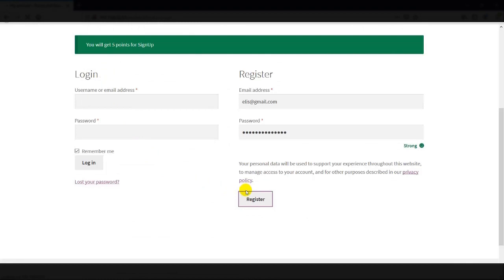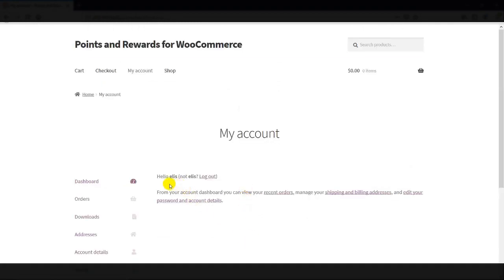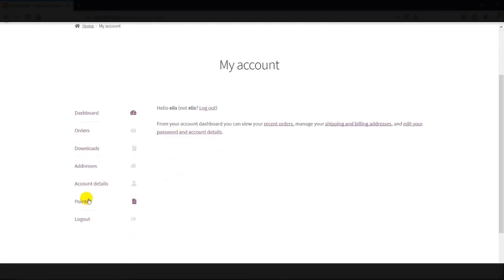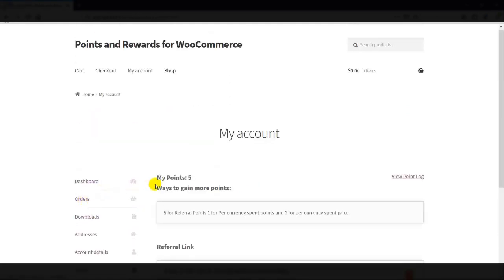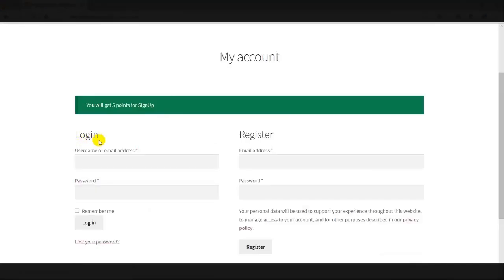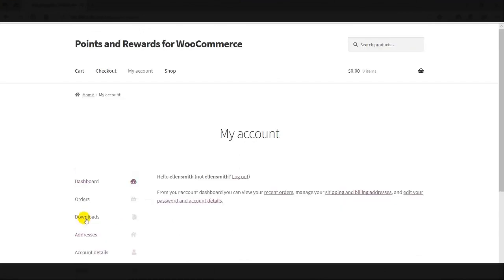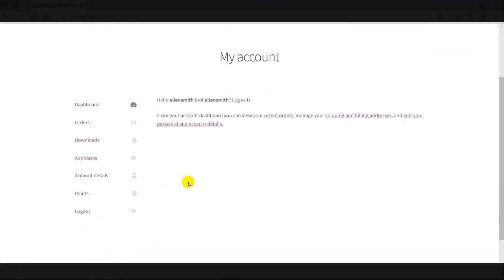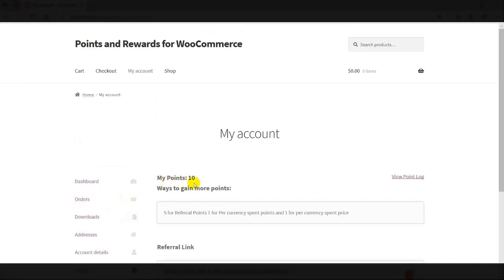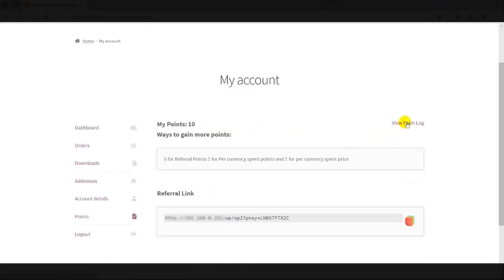So customer B has signed up and he's checking his points account. So this is the sign up reward that customer B has got on sign up. And now customer A is going to check his points section, which must have incremented with the referral reward. This is customer A that had shared the referral link. So let's say he checks his points section, and yes, he has also been rewarded with the referral reward. And guys, this is how the referral reward works.